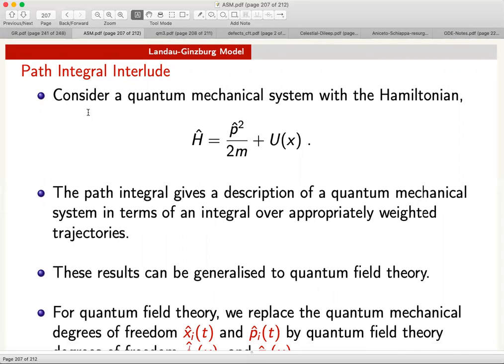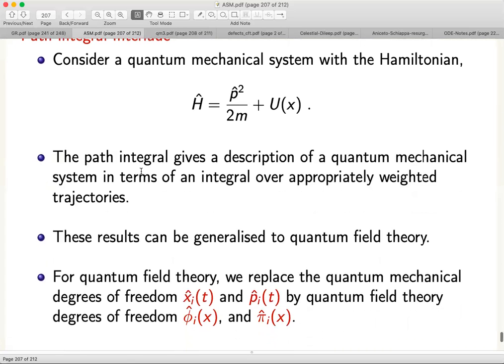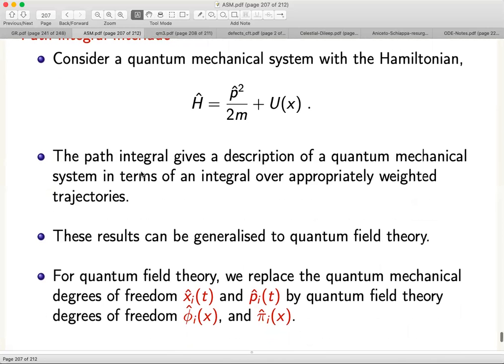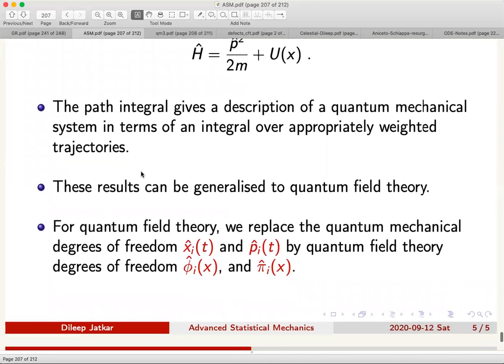And of course, one can generalize this to the quantum field theory setup. Okay, and it will be discussed in greater detail when you study the quantum field theory 2 course. So I will not spend a lot of time giving gory details of the path integral for quantum field theory. Of course, there they will have to do it for various other fields, but I will concentrate only on the